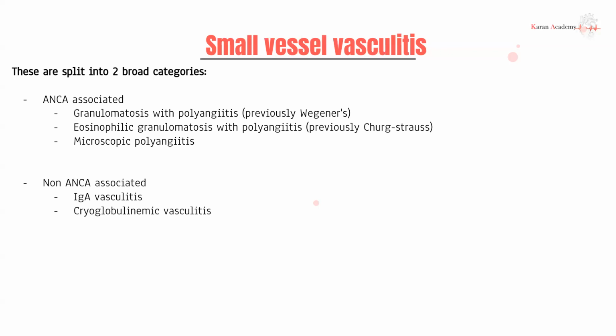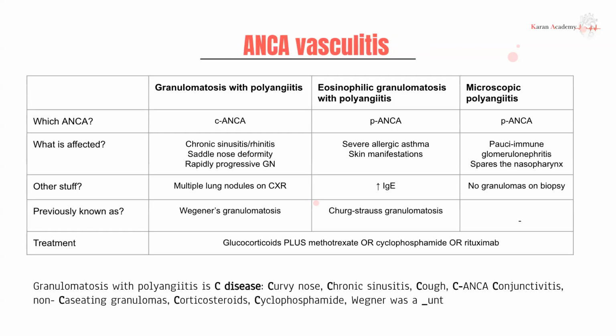Now, what does ANCA stand for? ANCA stands for anti-neutrophil cytoplasmic antibody. All that means is there's an antibody to something within the cytoplasm of your neutrophils. We've already gone through antibodies, so I don't want to talk much about them. But just know that the first three would have a positive ANCA, which can be either a P-ANCA or a C-ANCA, depending on which subtype it is. But we'll talk about that now.